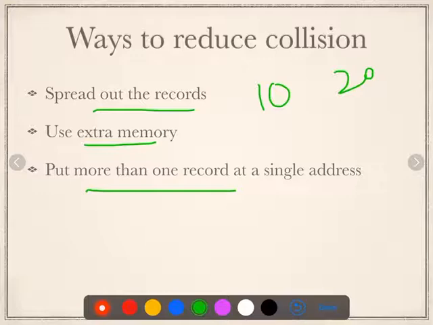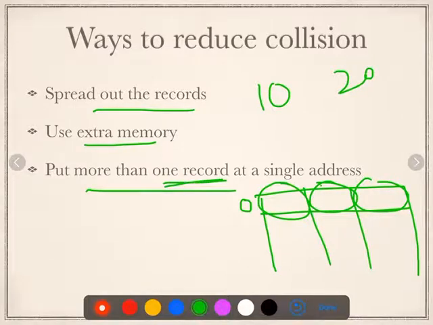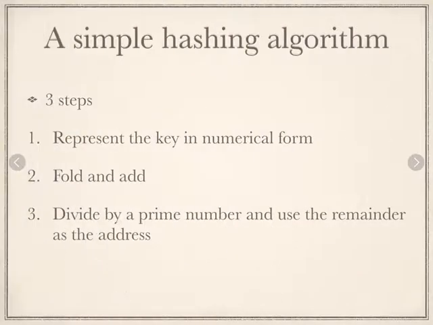So till now we saw that at a single address we are storing a single record. Instead we can make sure that at a single address we can store multiple records. So let us say this is address 0. I am giving spaces for 3 records instead of just 1. So this way you will be able to put more than one record at a single address space. These are the different ways you can use to reduce collision. There are a few others which we will be discussing in the other videos.